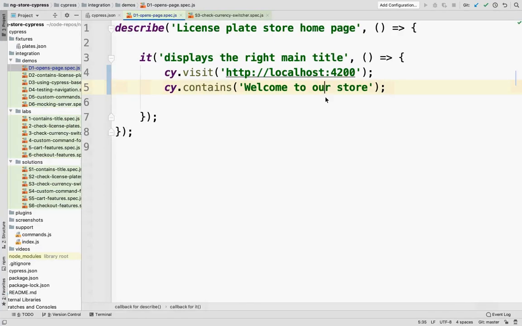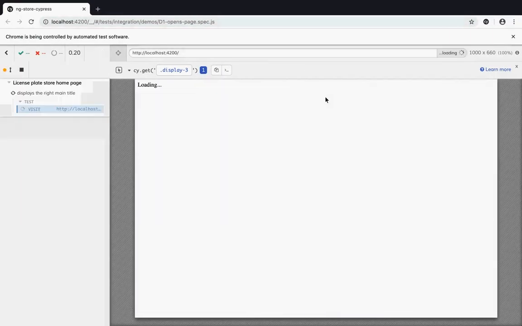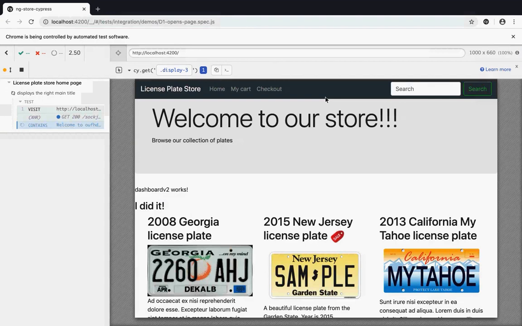If I made a typo in my test, for instance, then the test is going to fail. So it's going to rerun, and now you see that contains is running. What's happening with these selectors, and that's one of the things that makes Cypress great, is that a selector is not going to fail right away. If an element is not present, it's going to retry for 4 seconds, because it knows that on modern websites, all of the stuff is loading asynchronously. So it could happen a few seconds later. So it's going to wait and retry and retry and retry.